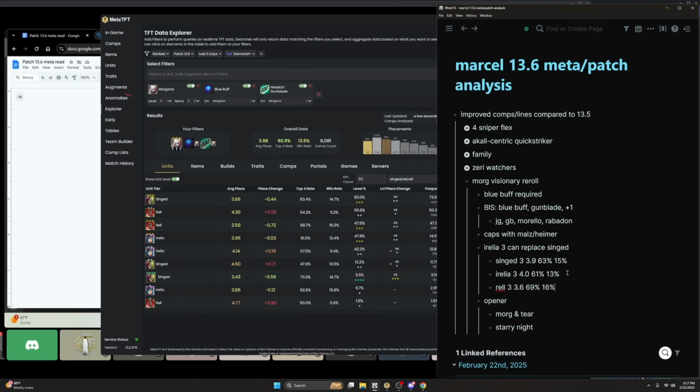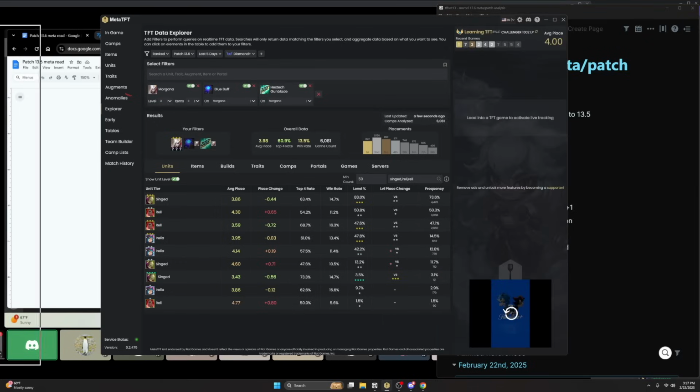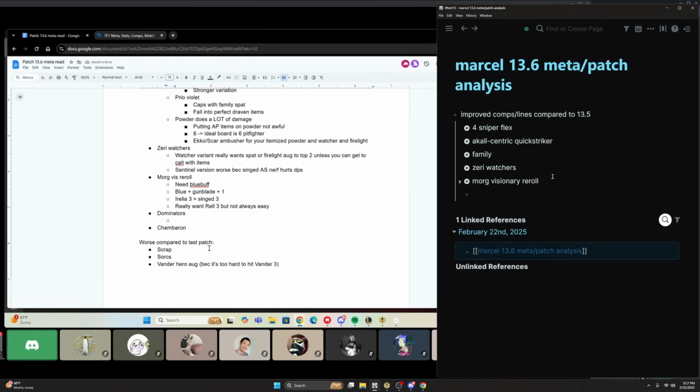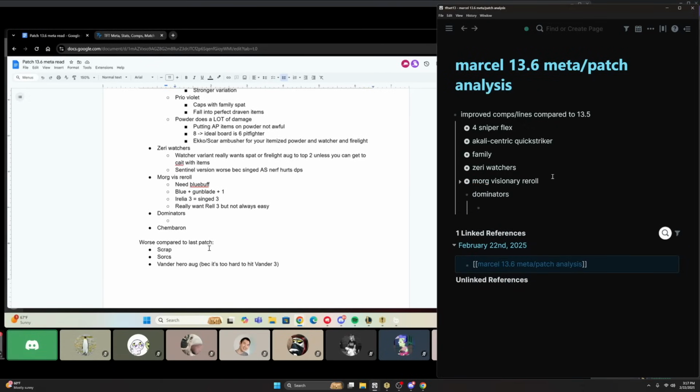Dominators are a lot more playable than last patch. I think initially the read was that this wasn't going to be as great, but from what I'm seeing overall, with really good setup or with an early high roll, this comp is still pretty good this patch. You do need a lot of setup, I think. Either AS, I think AS